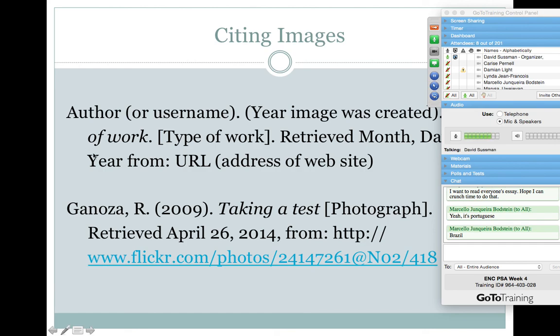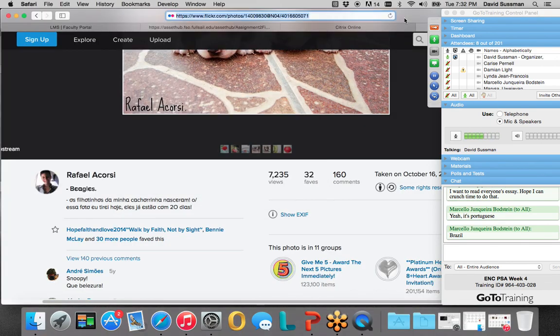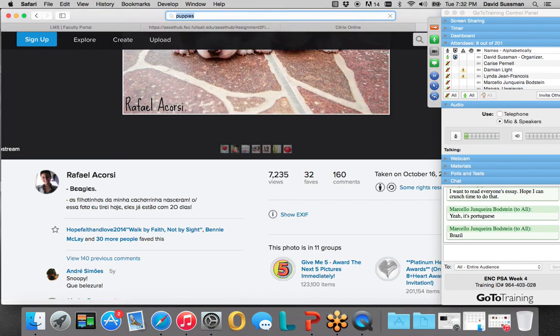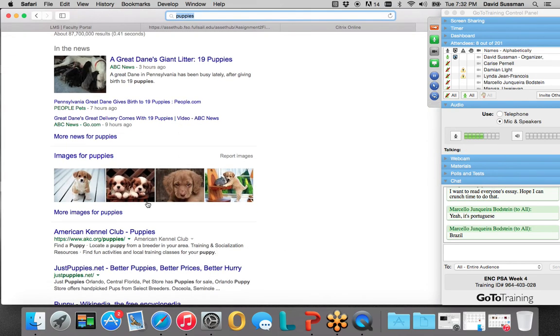But make sure that your images do come from either comfight.com or AP Images, or if you think you found another Creative Commons site, you should probably run it by me so I can double check. What I don't want is you just Googling images, right? Because you guys do it all the time, right? So let me just put in a generic search thing. I don't know if this will result in anything. Puppies. Okay, right?